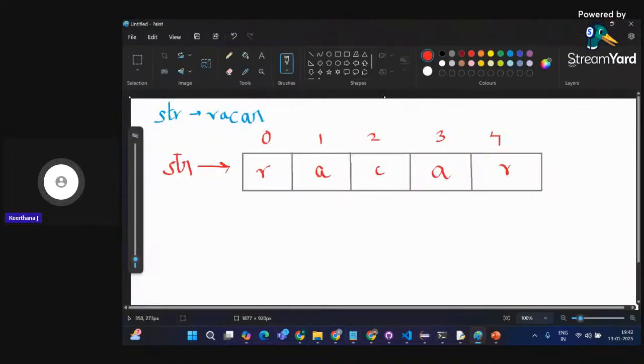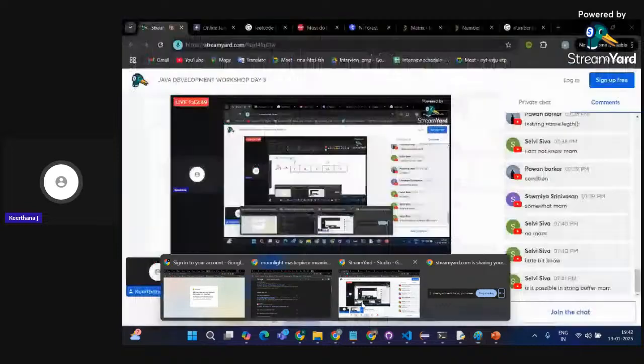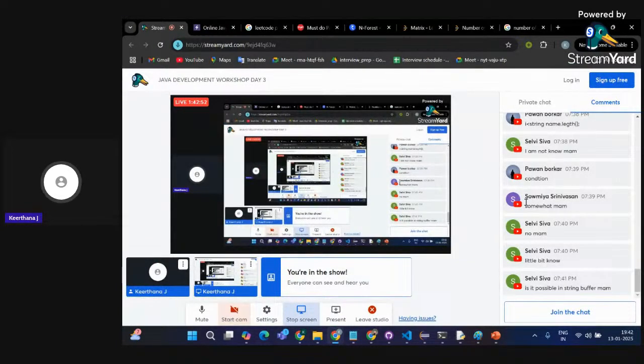Here the algorithm I'm going to use to solve this simpler problem. Is it possible in StringBuffer? Yep, that's possible. How many of you have heard terms like two pointers, the two pointers algorithm, or two pointers approach? Does someone know anything about the two pointers approach here? Yeah, using the reverse method you can do it, Shiva. Good. But does anybody know the two pointers approach? Come on, fast. If you know the two pointers approach.